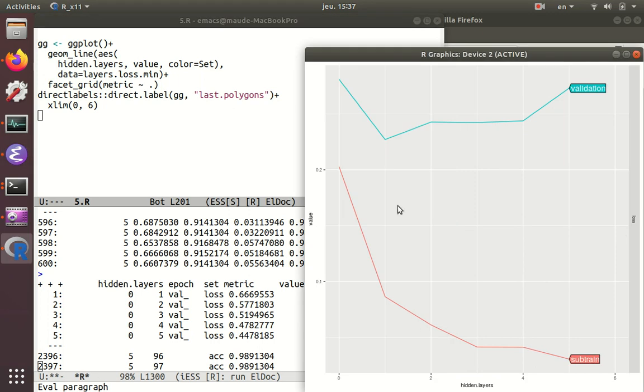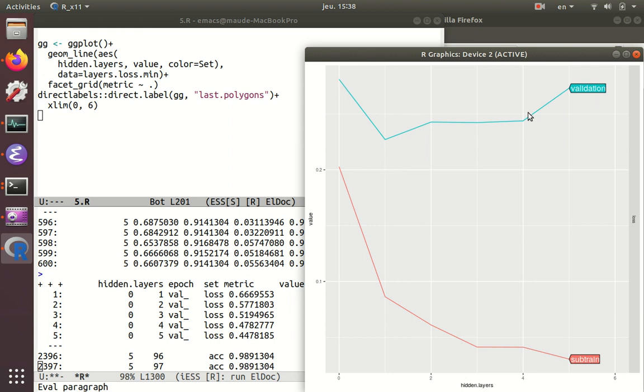There's only one value of metric, but at least now we're drawing something that says loss to make it clear that we're plotting the loss as a function of the number of hidden layers. Here for the subtrain set, it's always going down pretty much. And that's to be expected, right? The more layers you have, the more model parameters you have, and so the easier it is to fit your training data. However, for the validation loss, we see what is really typical,